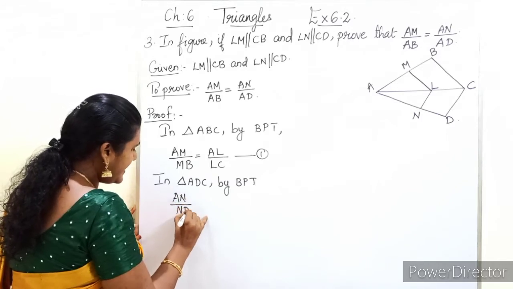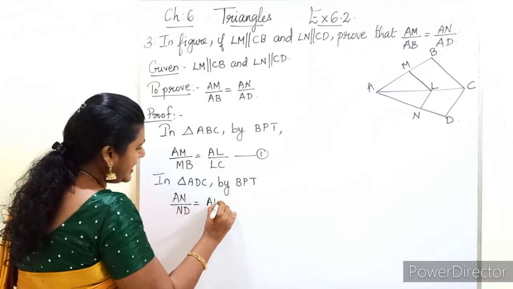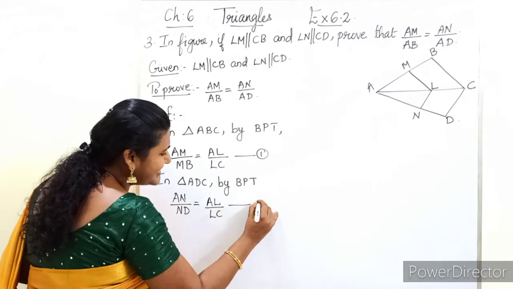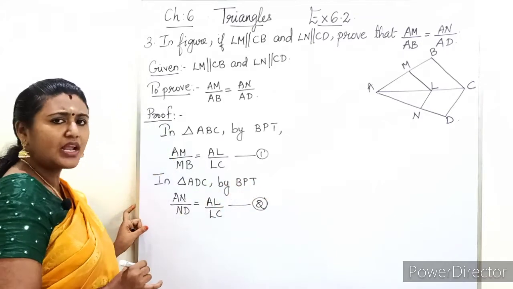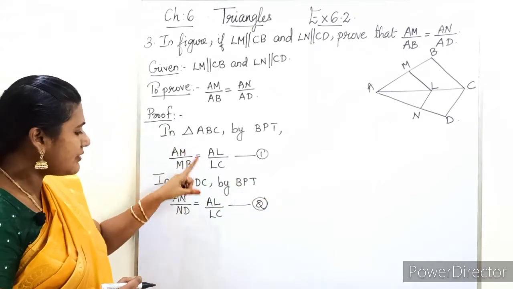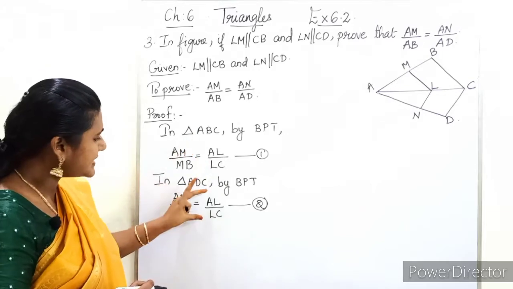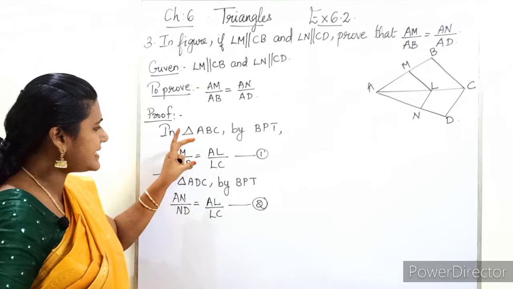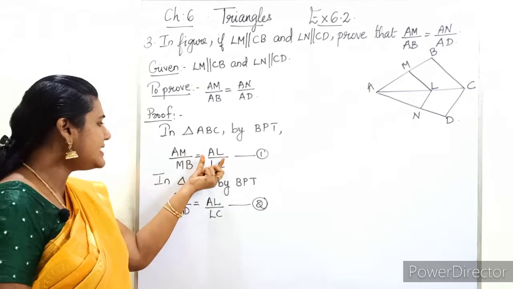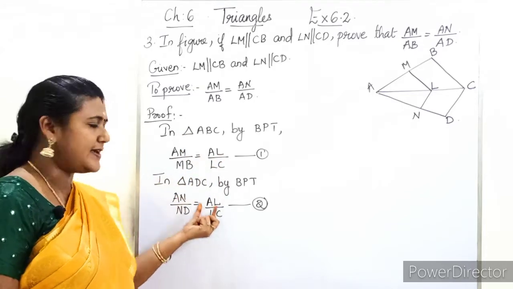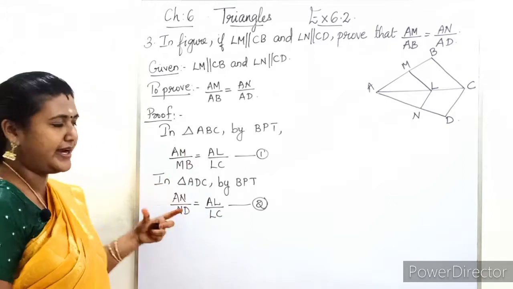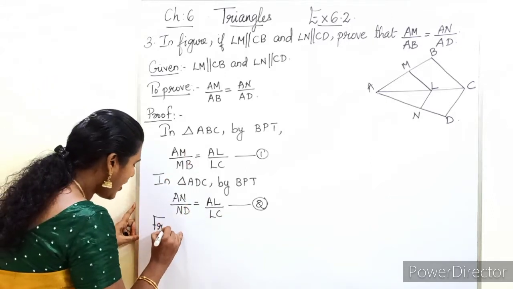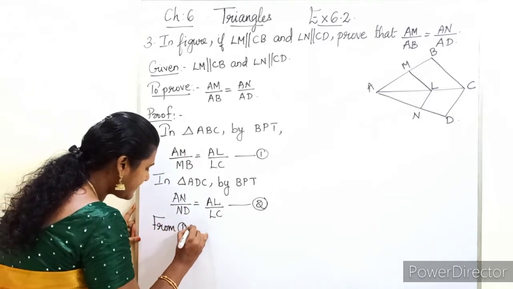AN by ND is equal to AL by LC. So this is our second equation. Now if you see equation 1 and 2, the right side expression is same. In both the equations we have right side AL by LC. Since the right side expression is same, we can equate the left side. So from equation 1 and 2 we can write